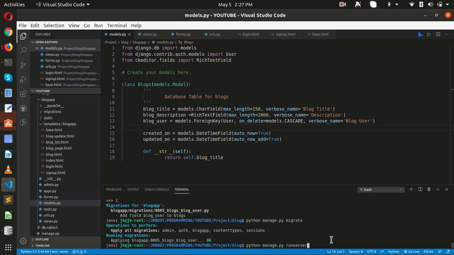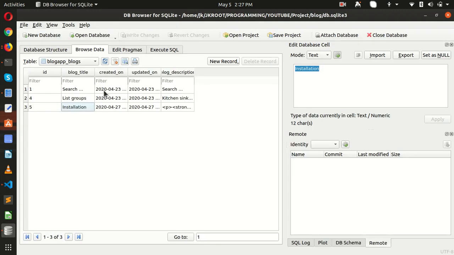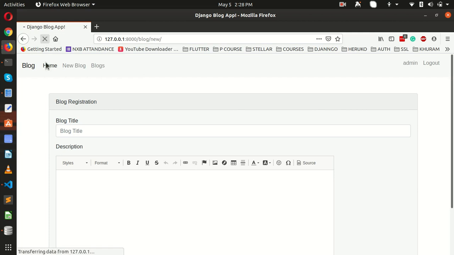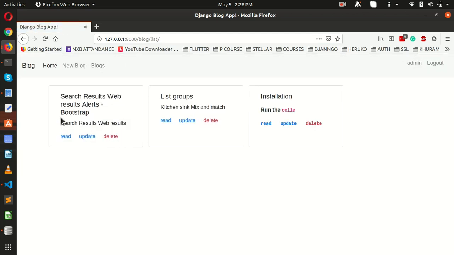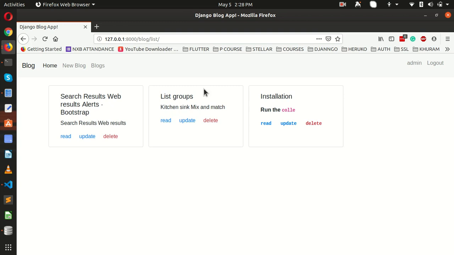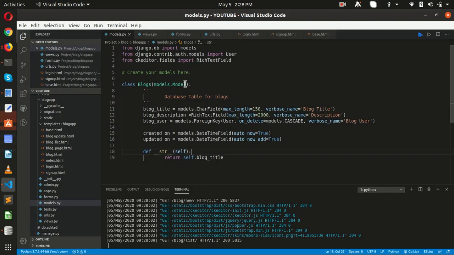Okay, cool, run server, and if we refresh this table, here we go with the IDs. We can even change it as well. So guys, this is our database table, and now we have the functionality to store our blogs, and we can make something to display who has posted this. Okay, which page is this? Blog list.